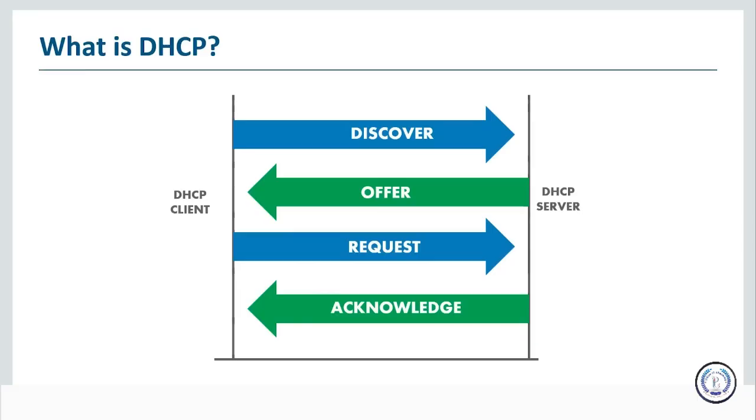Now, DHCP automates and centrally manages these configurations rather than requiring some network administrator to manually assign the IP addresses to all the network devices. So DHCP can be implemented on small local networks as well as large enterprises. Now, DHCP will assign new IP addresses in each location when devices are moved from place to place, which means network administrators do not have to manually initially configure each device with a valid IP address. So if a device with a new IP address is moved to a new location of the network, it doesn't need any sort of reconfiguration. So versions of DHCP are available for use in Internet Protocol version 4 and Internet Protocol version 6.